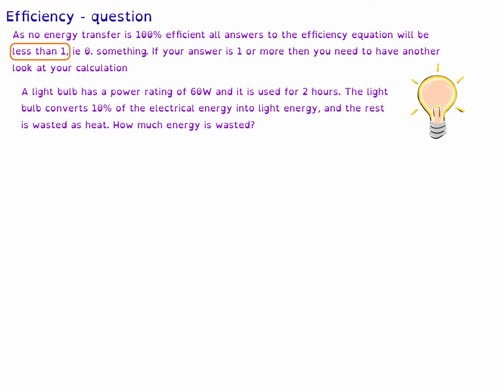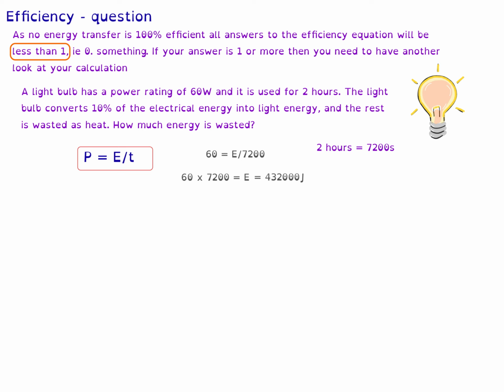So for this calculation, we need to look at power equals energy over time. 2 hours is given in our information. We need to convert that to seconds. So that's 2 multiplied by 60, multiplied by 60, to give us 7,200 seconds. Then we substitute our numbers into the equation, power equals energy over time, to give us 60 equals E, our energy, divided by 7,200. We then rearrange this equation to make E the subject, which gives us 60 multiplied by 7,200, and that gives us an answer of